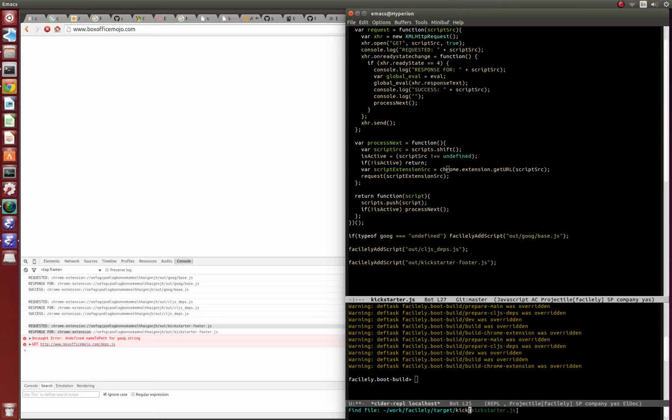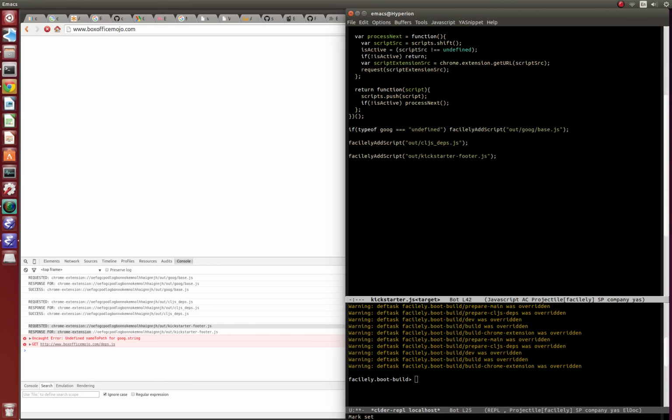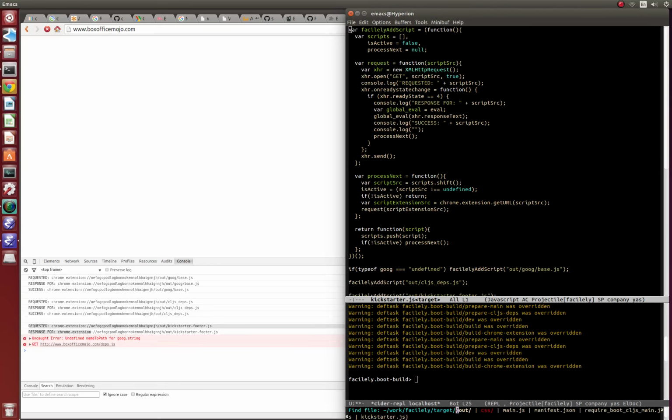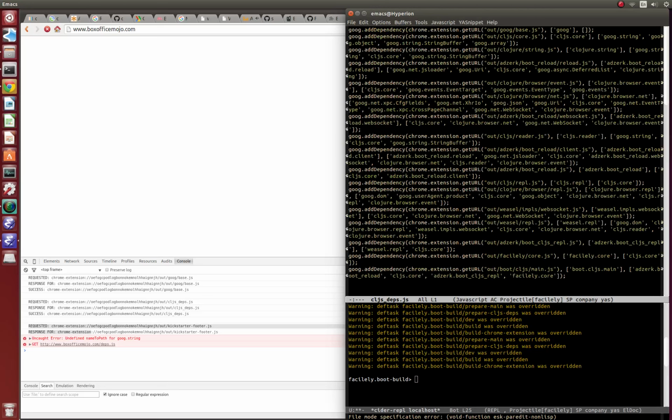There is no Kickstarter footer at all. I don't know where it's getting that, but so this is the Kickstarter that's zipping there. Pretty much the same file. Actually, it is the same file. But out/CLJS depths is